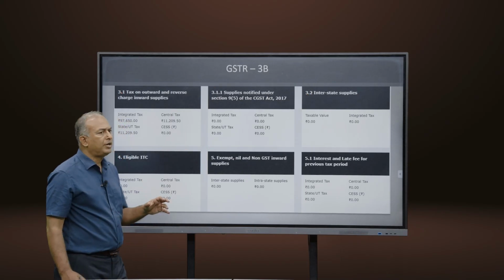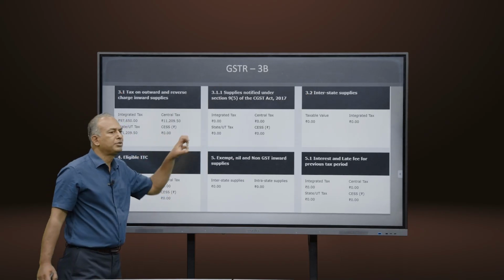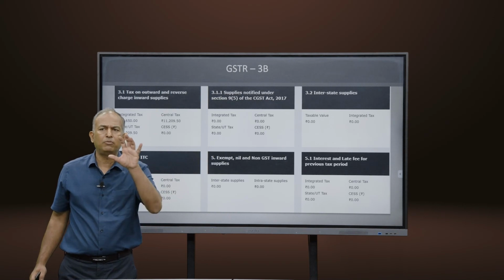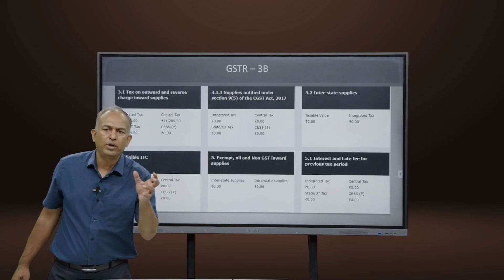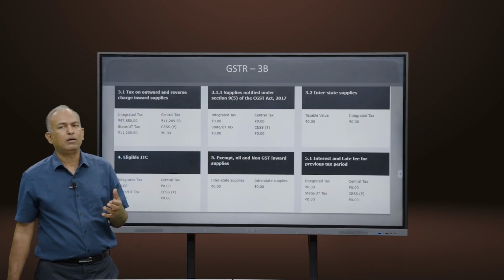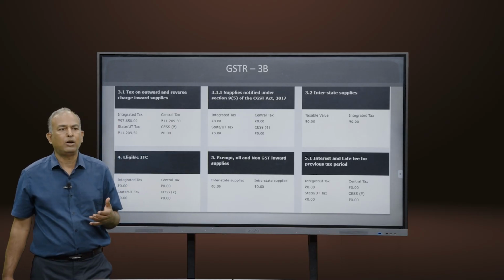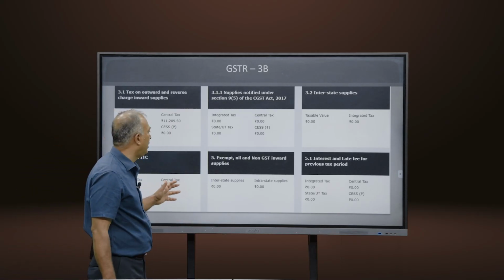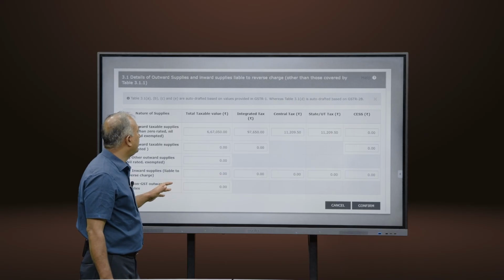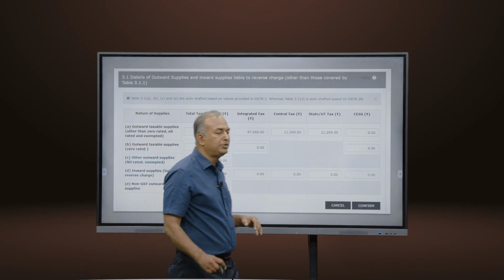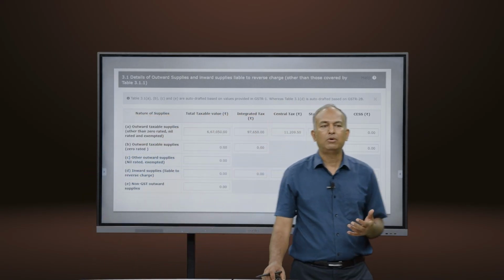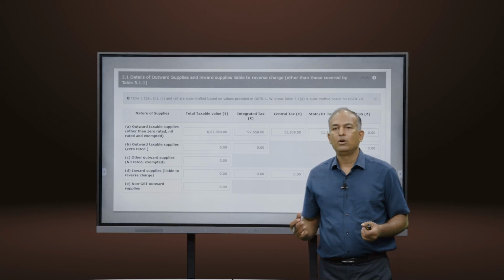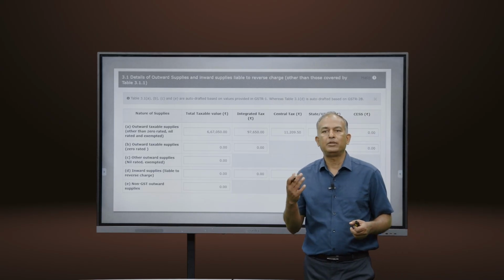Now, let us try to understand each of these tables with reference to the data flow. You have what is 3B already in your mind, who needs to file, periodicity, the IFF and all that is there in that particular table. Now, let us try to understand what is 3.1. I think this is the crux of whatever we have learned till now, whether the table references which are there in